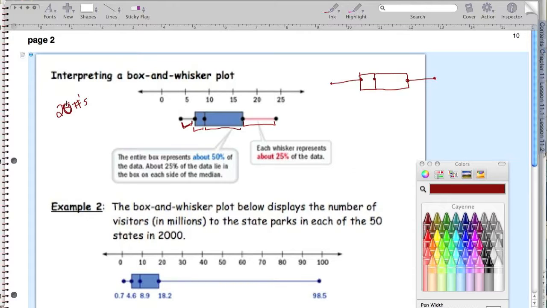Let's change that to 20. 20 numbers, 20 pieces of data. Each segment is going to represent 25% of that, so 1/4 of our data. That means each segment is going to contain 5 numbers. So there's going to be 5 numbers that fall in this range, 5 numbers that fall in this range, 5 numbers that fall in that range, and 5 numbers that fall in this range. So all our spacing is representing is